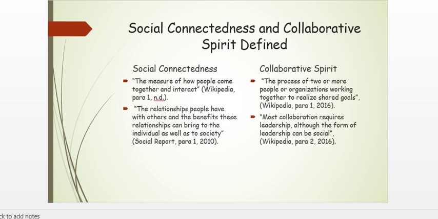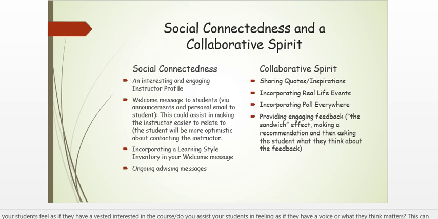What is social connectedness and collaborative spirit? Social connectedness is the measure of how people come together and interact. And a collaborative spirit is the process of two or more people or organizations working together to realize shared goals. Now, some examples, as I stated before, that I would share with you, some examples of social connectedness, could be an interesting and engaging instructor profile, a welcome message to your students via announcements and personal email,